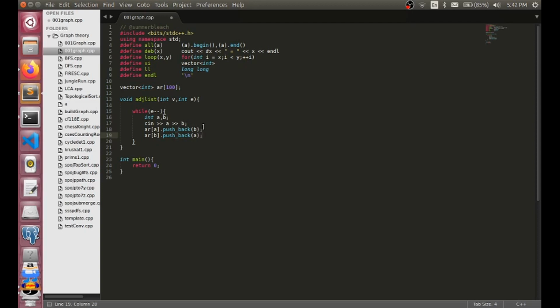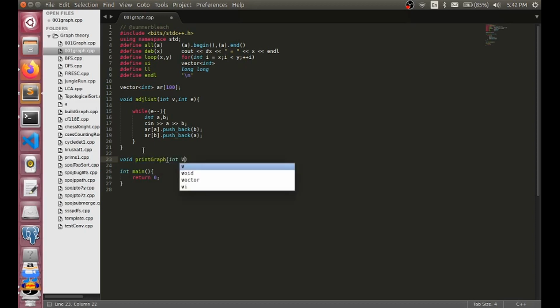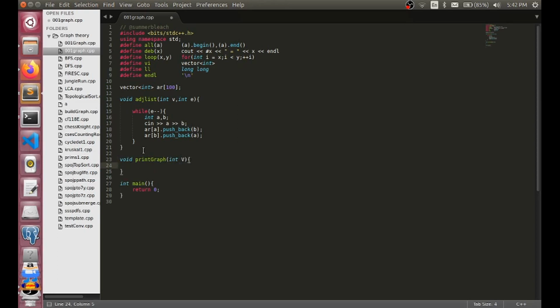I've inserted the edges, but we need to see this list. So I'll make a print function in a few seconds. Here V is the number of vertices.